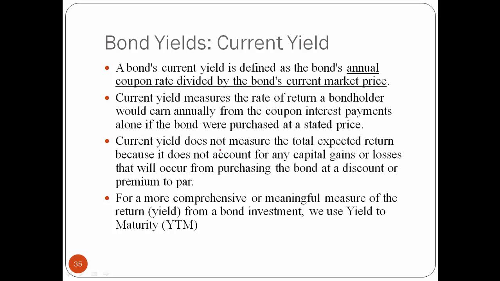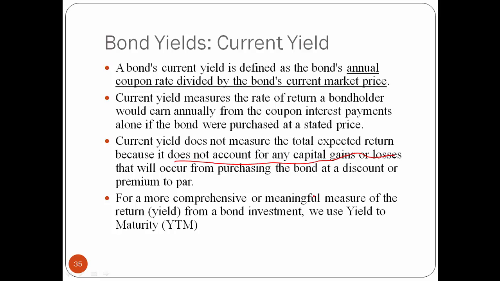However, the coupon interest rate does not measure the total expected return because it does not account for any capital gains or losses. Why? Because you only look at the coupon payments. Next year, the bond price may go up or it may actually go down. When the bond price goes up or down, you may realize a so-called capital gain or capital loss. But if you only look at the current yield, this does not measure your return, or say you are not including the capital gains or losses in the calculation, and you are not getting a full picture about your return